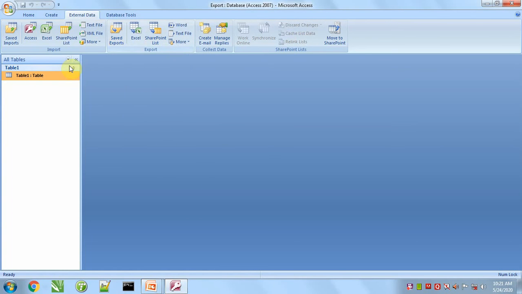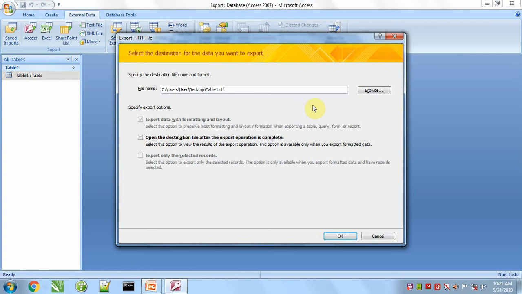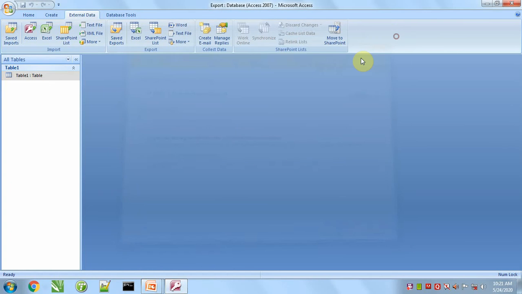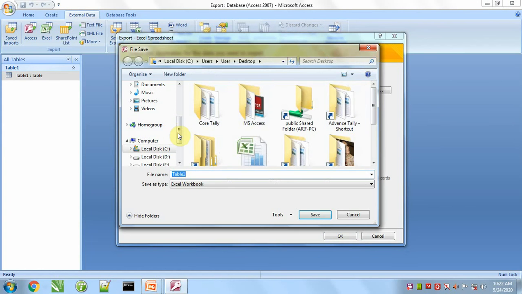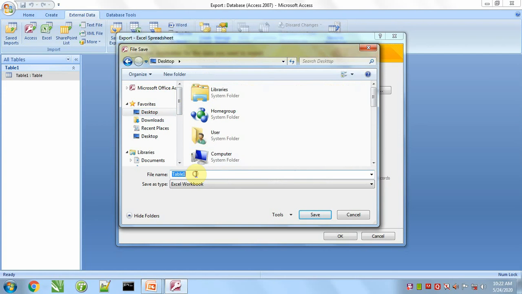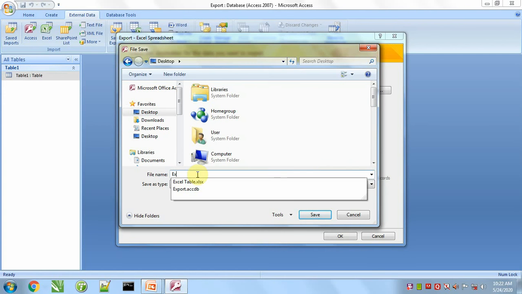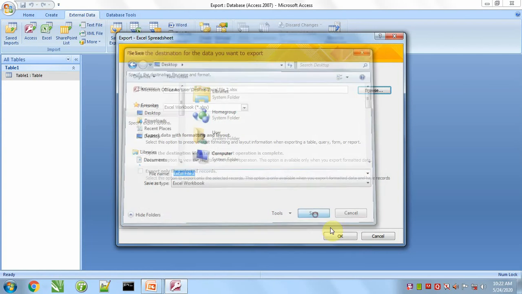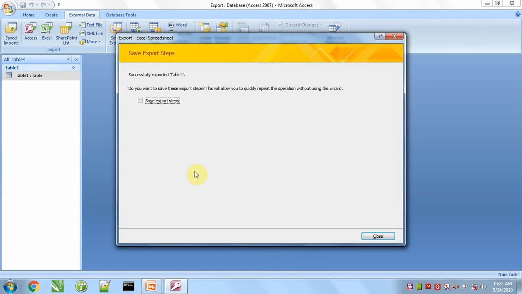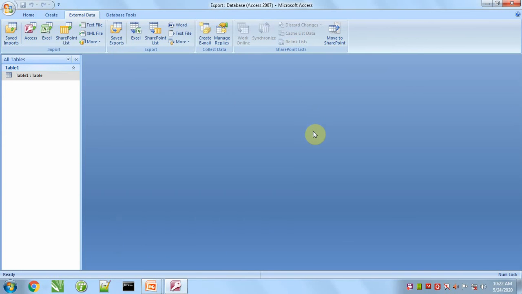Next, export this table in Word file. Sorry, one thing is left. If we click again on this Excel file and we keep both these options unchecked, so what will happen? We can look here.